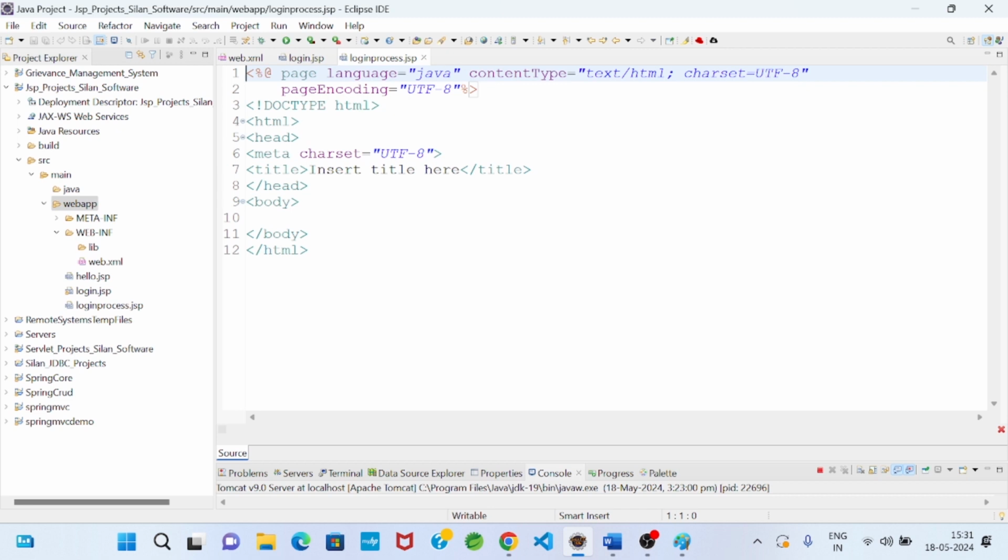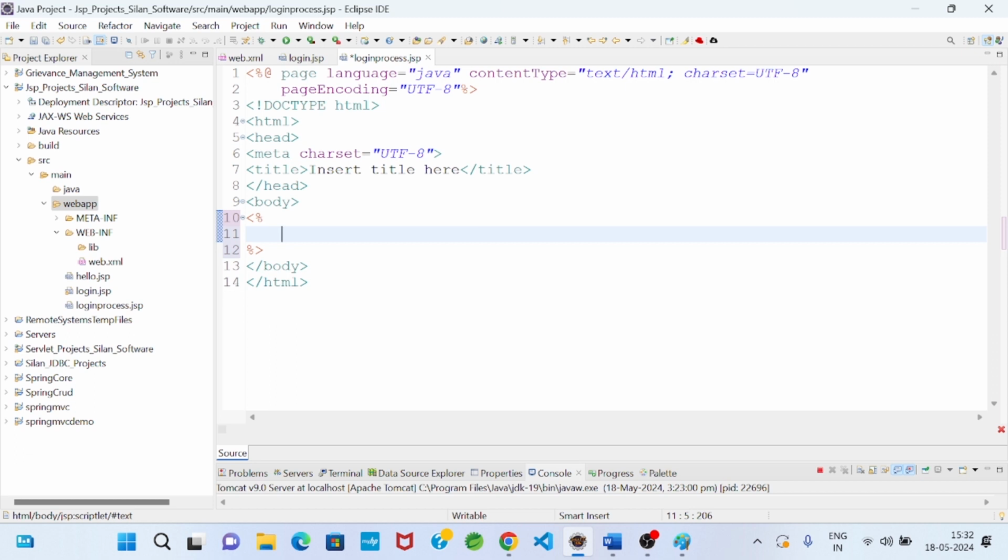Now this file will contain business logic, and you remember when business logic we will write within a scriptlet tag. In fact, what is scriptlet tag? You see less than percentage symbol. This is the scriptlet tag, less than percentage, percentage greater than symbol.